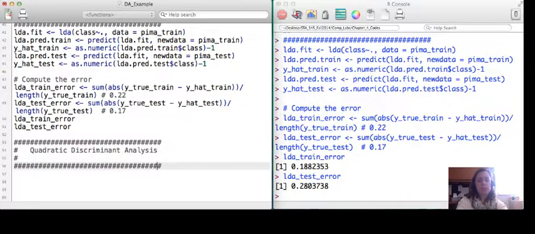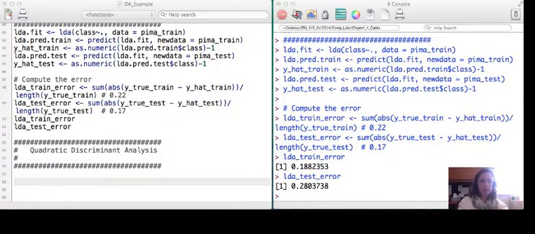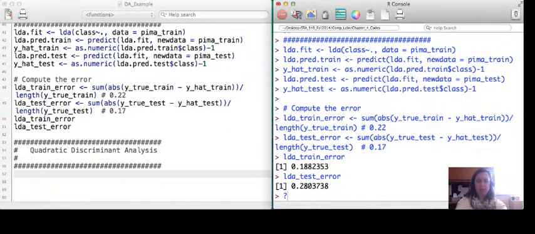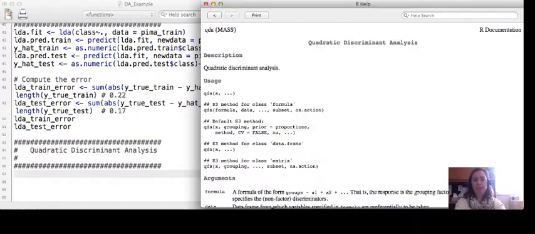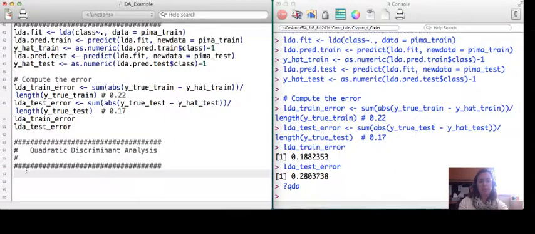And so this is assuming now that the covariance matrices are class specific. And in order to do this, we actually use the same package, the MASS package, and we use a function called QDA. And it's the same exact syntax, the same usage. It's very simple then to write a fit,